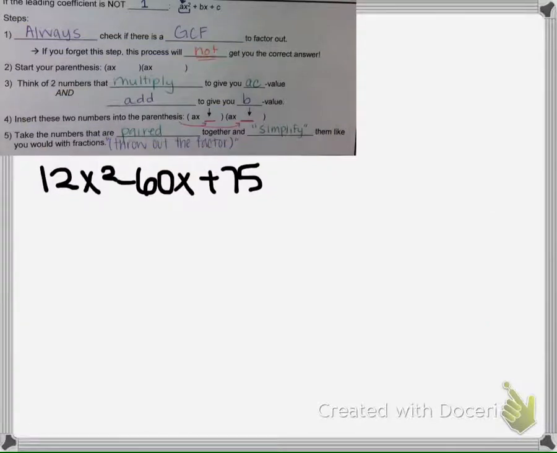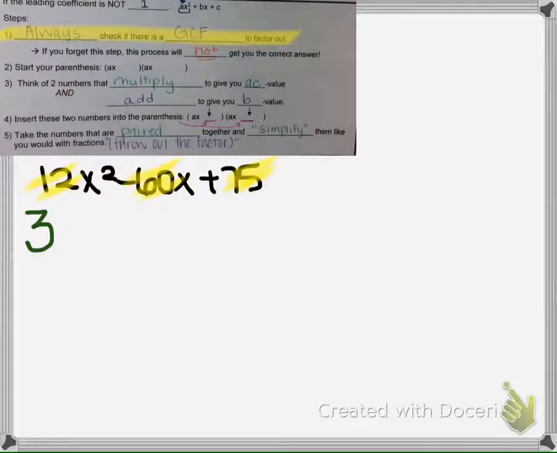Okay, let's try this one. So first thing, see if there's a GCF, a number that goes into the whole entire original problem. So if we take a look at 12, 60, and 75, I know that 3 can go into all three. So I'm going to put a 3 in the front, and they all don't have variables, so they have no